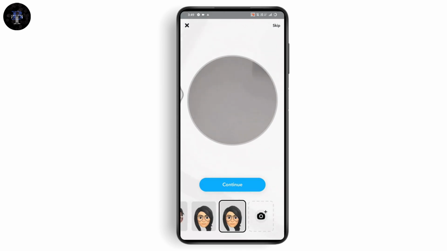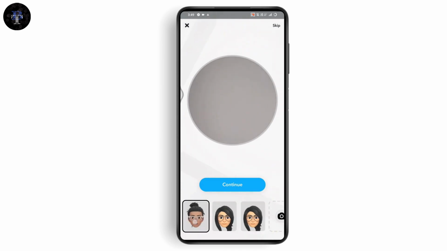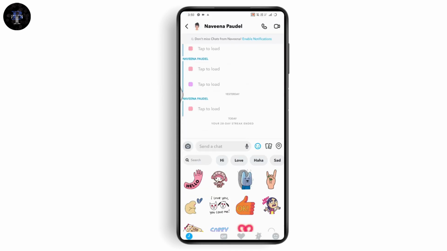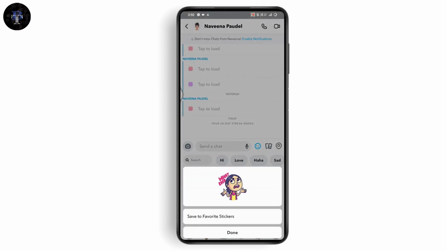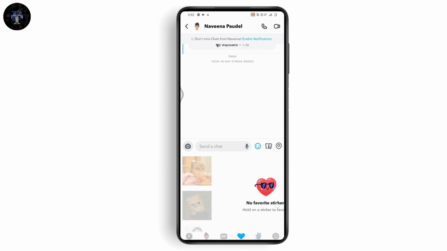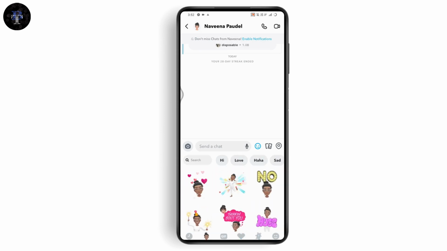After that, center your face, and then you need to select from the bottom and then go with continue. And now you can choose your outfit and then done. Now you can again go with the option, and from here you can swipe. Here on the bottom you will have create your cameo option,